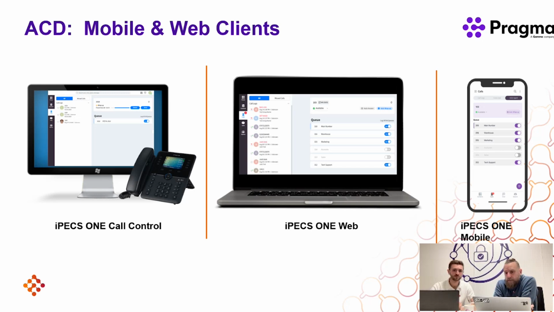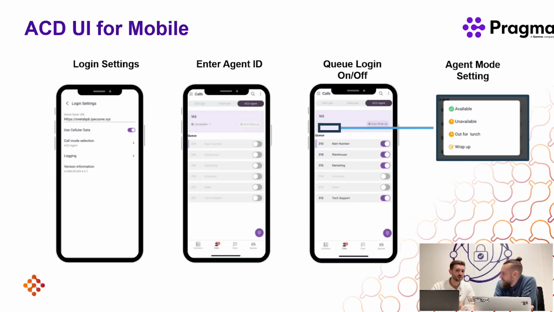Yeah, absolutely. On the next slide we talk through the ACD for mobile as well. I don't think this would be as much used as maybe the web client or the handset, but there are definitely some nice features that have been added. Use cases include being able to see an agent ID and come in and out of those different queues. If you're on your web client, head out to lunch and forget to set yourself as unavailable or on lunch, you can quickly do that on the mobile client. We've got a lot of really strong updates on ACD, but this one wouldn't have the highest percentage of use. In some cases it's nice to have, though. If you need it, it's great to have.